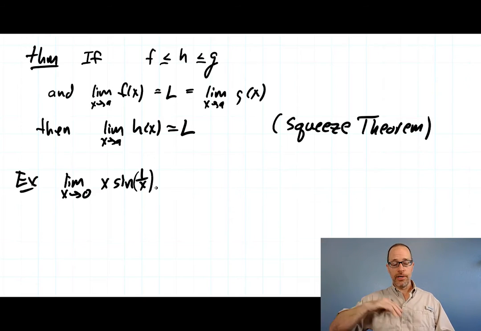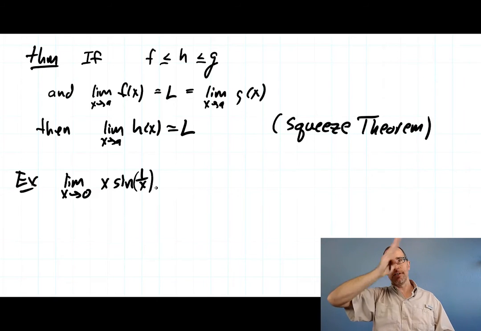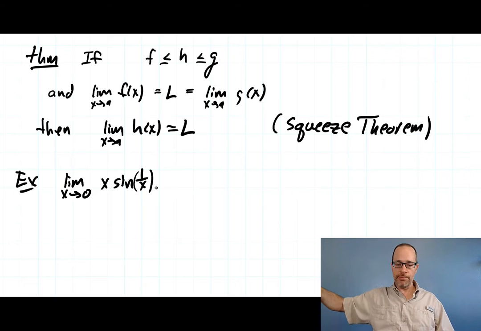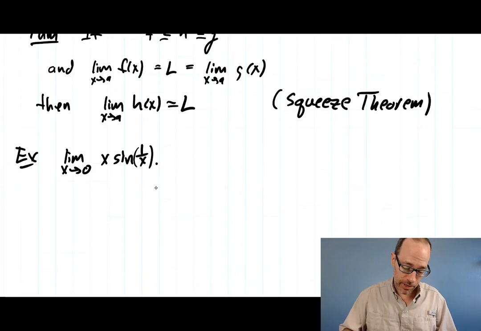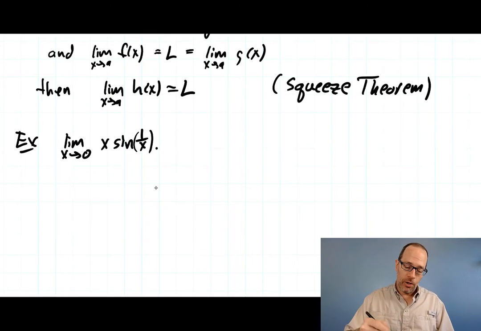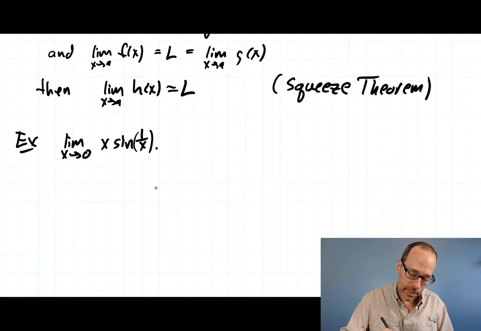It's blowing up. And so 1 over x is zipping down that line, and so sine of it is just oscillating more and more rapidly. So this sine of 1 over x rapidly oscillates back and forth between minus 1 and 1. So that's a very complicated function. However, the limit isn't bad. So here we go. Let's notice that